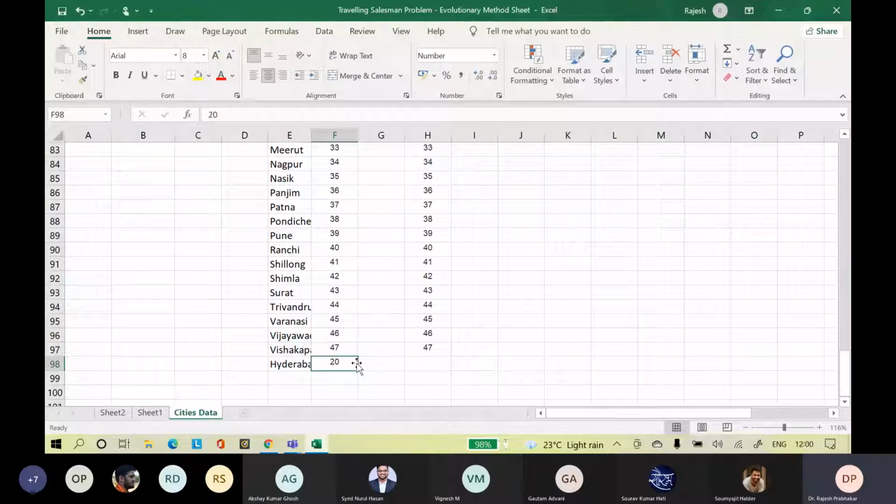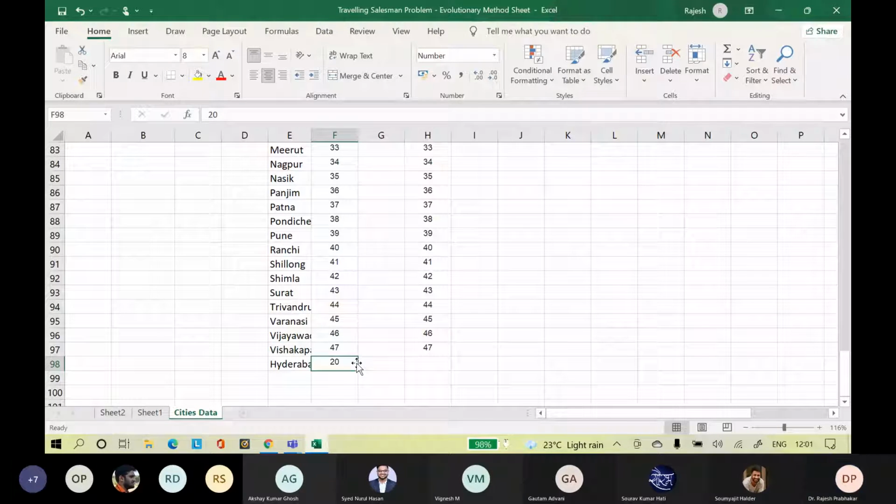After Visakhapatnam 47, type 20. It will automatically read it as Hyderabad. Got it, all of you? You put the number, it will give you the city.